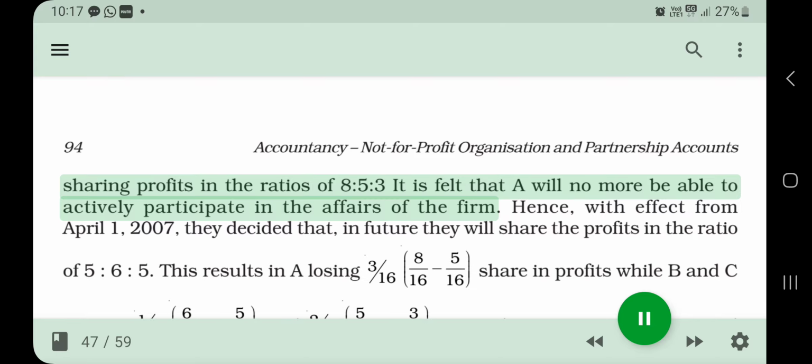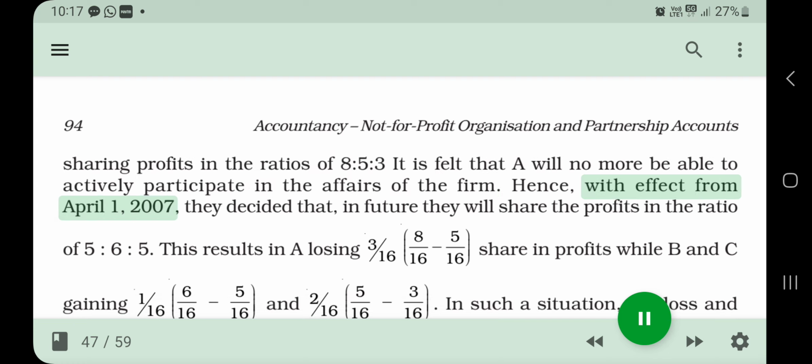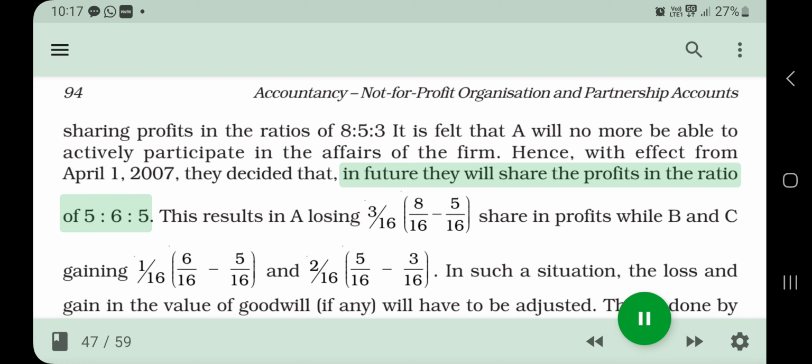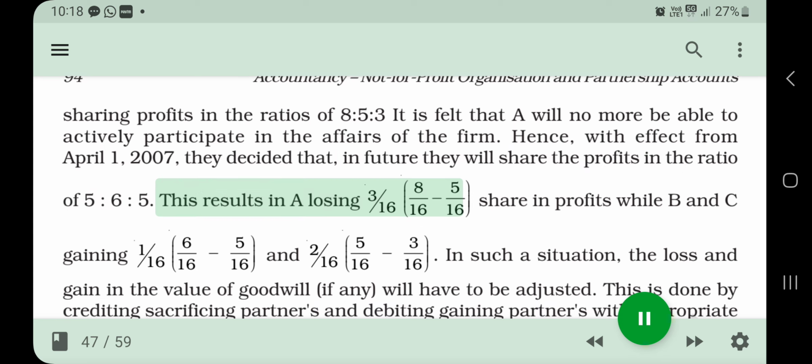sharing profits in the ratio of 8:5:3. It is felt that A will no more be able to actively participate in the affairs of the firm. Hence, with effect from April 1, 2007, they decided that in future they will share the profits in the ratio of 5:6:5. This results in a loss of